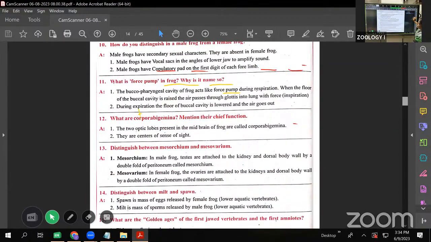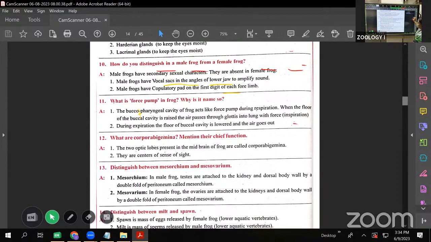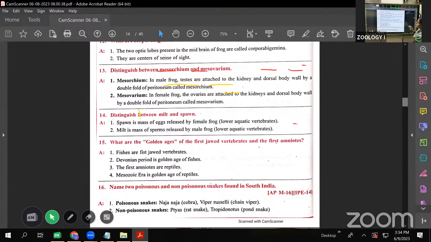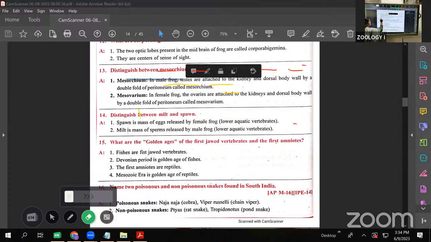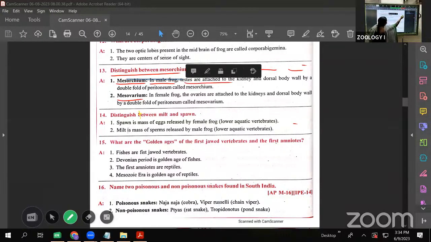Mesoovarium and mesorchium. Distinguish between the mesoovarium and mesorchium. Mesorchium means in the male frog, the testes are attached to the kidneys and the dorsal body wall by a double folded